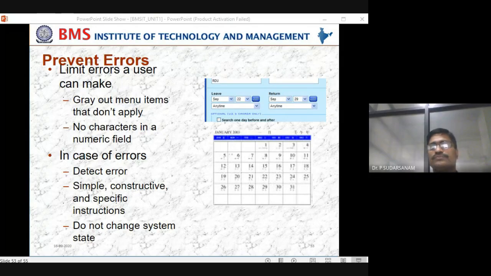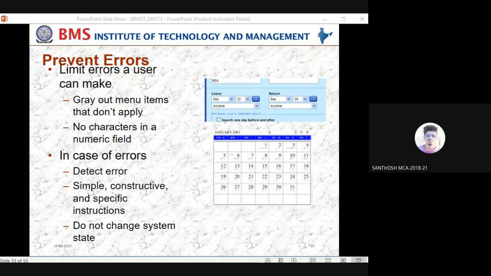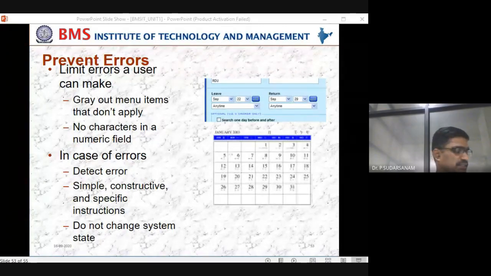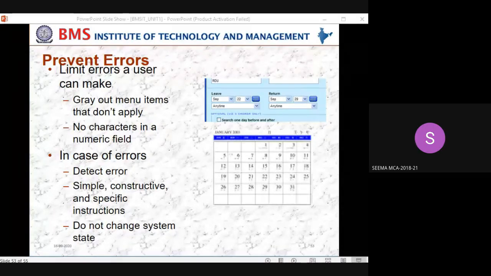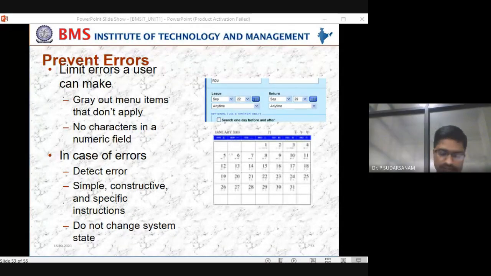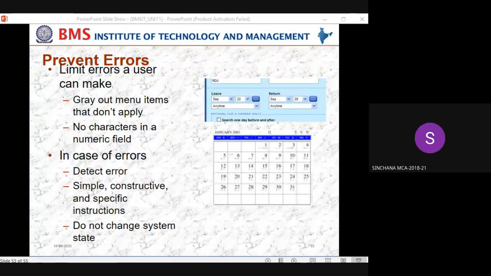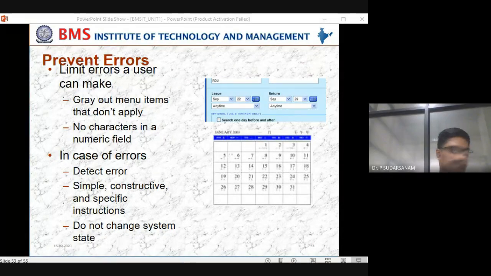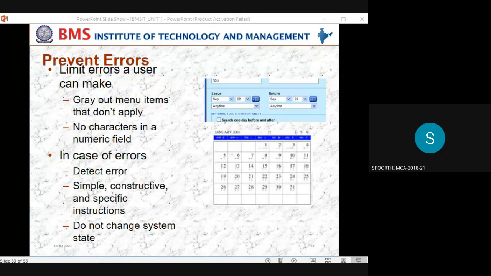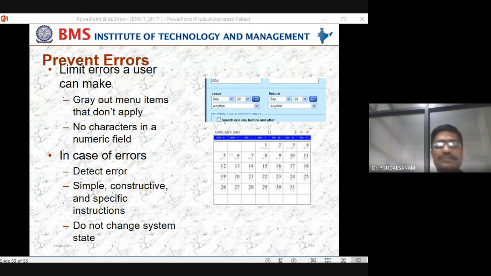Present, sir. 24. 25. Present, sir. 26. Santosh. 27. Yes, sir. 28. 29. Sinchana, present, sir. 30. 31. 33.